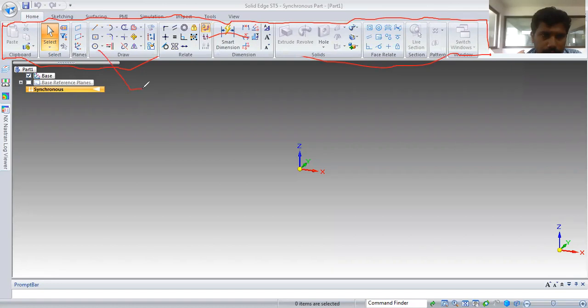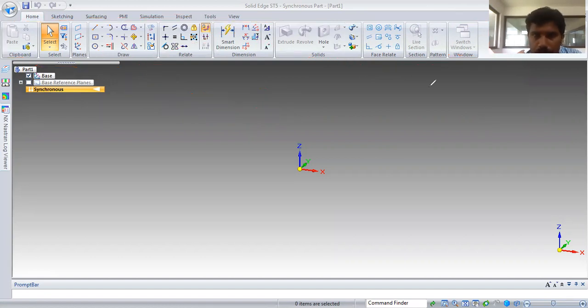This one is known as the ribbon bar, where you will have all the tools.